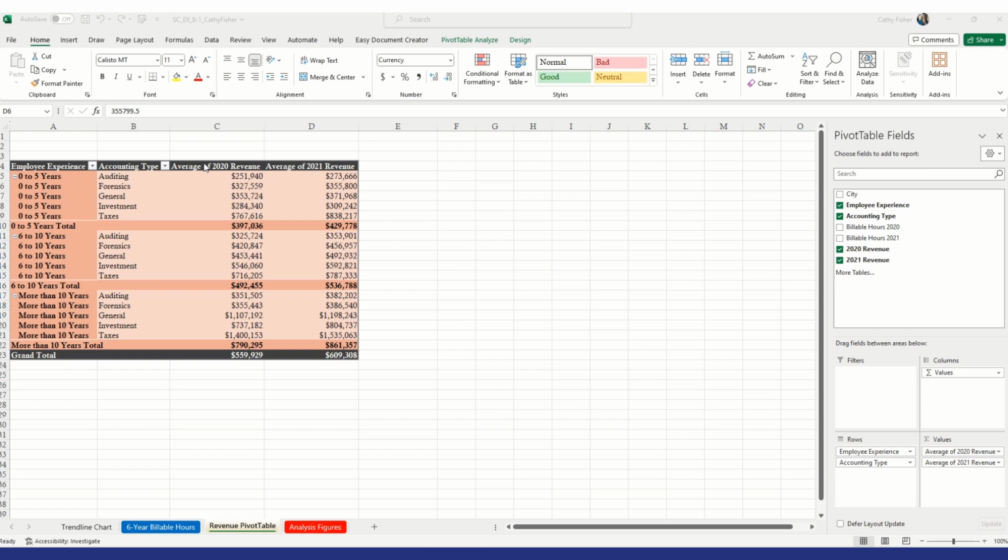Sometimes we may need to add some more columns, some more summary functions. In this case, we have the average 2020 revenue and the average of 2021 revenue, but we may want to add a new field to analyze some additional data. So we're going into the pivot table field list, and we're going to take the 2020 revenue field and add it to the